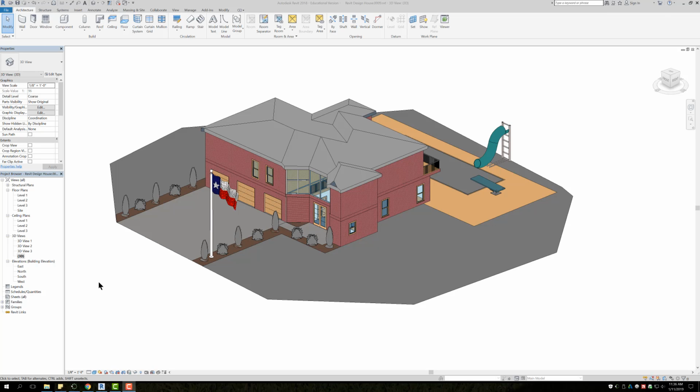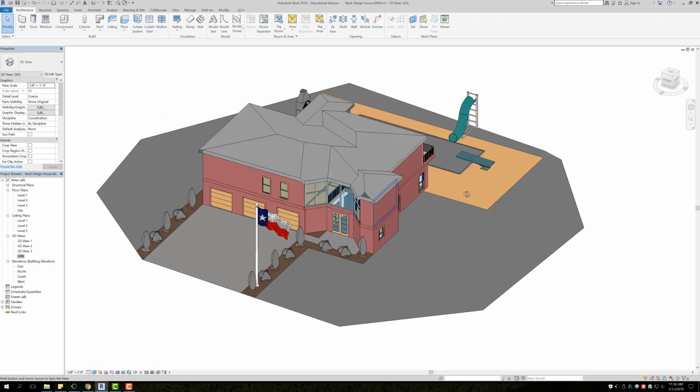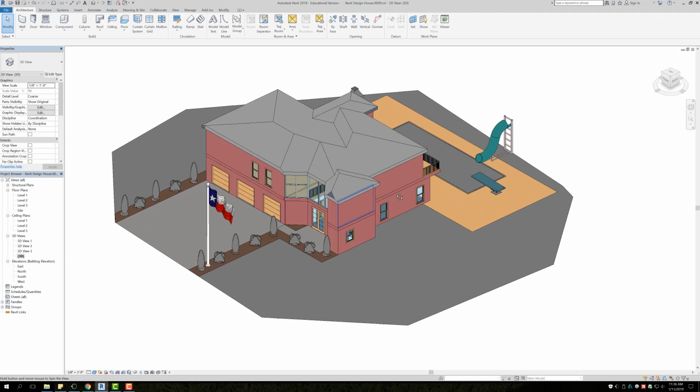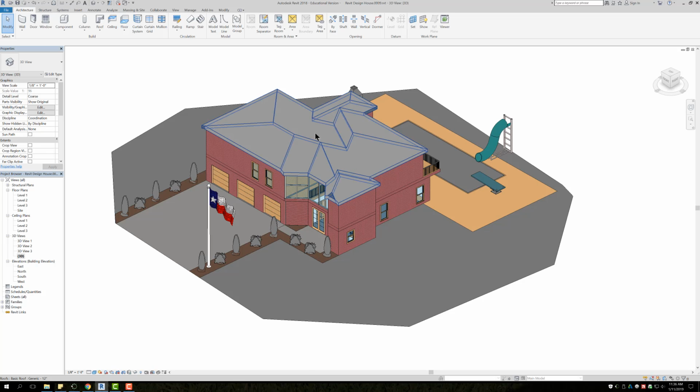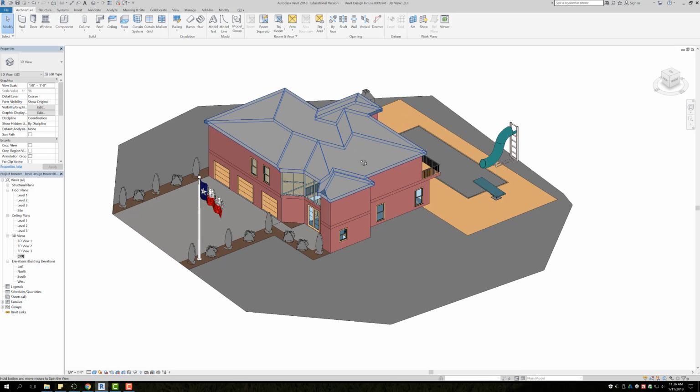So in this video, we're going to talk about how to do duplicate views. It should be pretty quick. It's pretty simple. So let's say we're looking at our 3D view. As of right now, since we only have 3, our only option is to spin, rotate, zoom in, zoom out. It takes additional time. So let's say you're working on a really large building, maybe like a school, maybe you